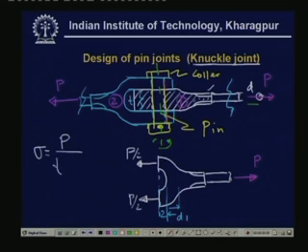Area is T, T is the thickness, times this distance, which is equal to D2 minus D1. So this will be the stress developed, and for designing the thickness or D2 minus D1 etc., we need